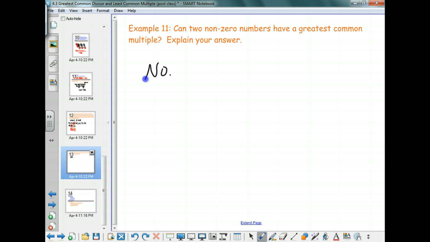No. And I'm not going to write any details. I want you to write the details down that make sense to you. Reference the last problem if you'd like, or whatever. The answer is no. It will keep happening over and over again. Because once you have a multiple, you can double it or triple it or whatever you'd like, and it will be in the same listing of numbers if you want to think about the list over and